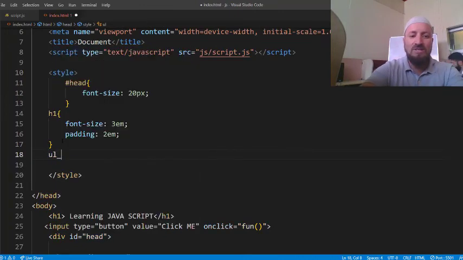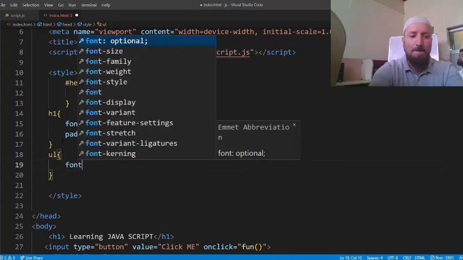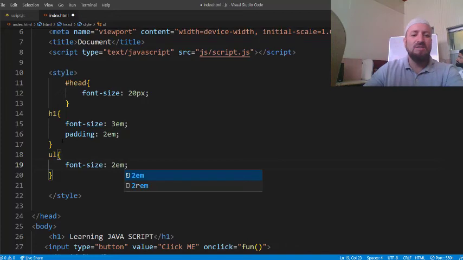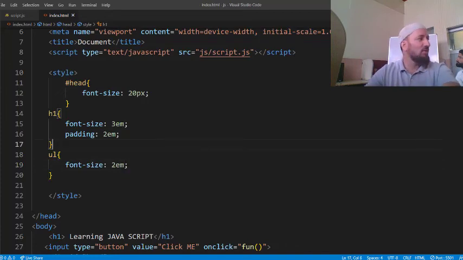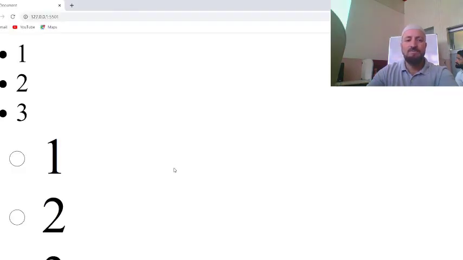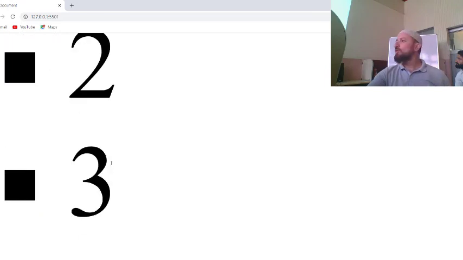OK. Now I will make the ul 2m. What will I do with ul? I just want the style of ul. The font size of ul, are you guys with me, that is 2m. Use your mind a little, 5-10 minutes, and just concentrate on what I'm doing. You will not learn these things in the classes, in the university classes basically, but if I am giving you, so concentrate. When I say Control S, you go here, where is it, Chrome? What's happening? See, 1 2 3, this is bigger and this is 2 bigger,